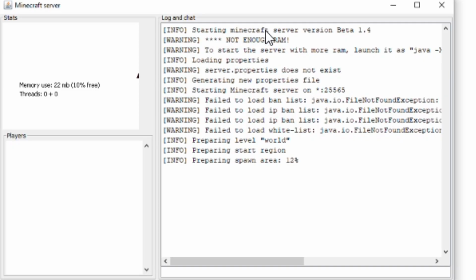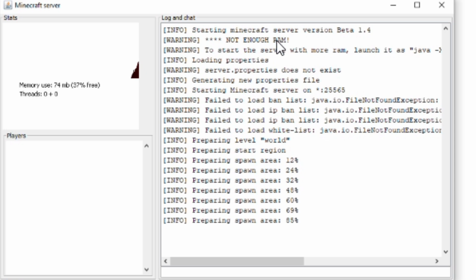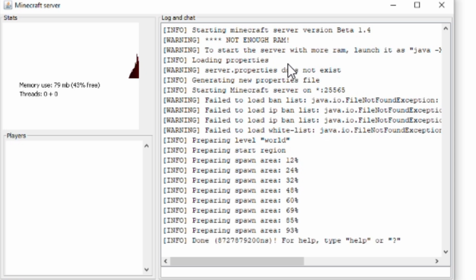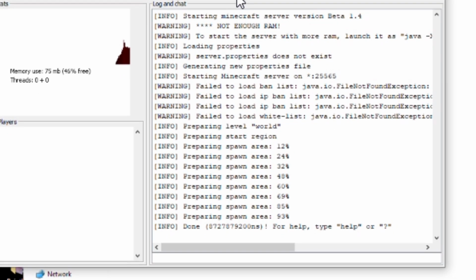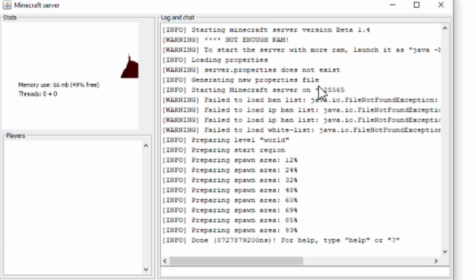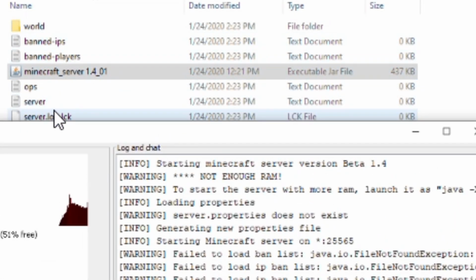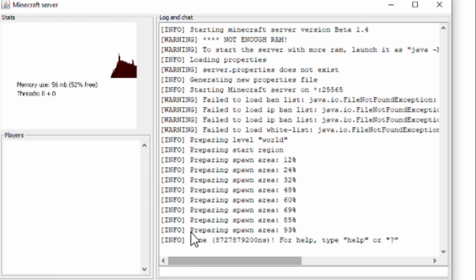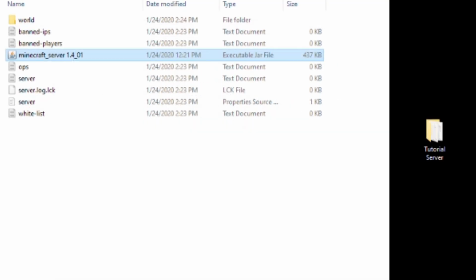And then it'll say starting Minecraft server. And then it says not enough RAM. That's just because I haven't set the RAM properties. But I'm not going to because I don't want to install plugins or anything on this server. So then it'll go ahead and create the server. It says failed to load whitelist and everything, but then it creates the whitelist and stuff up here. So then when it says done, you want to type in the command stop to stop the server, and then